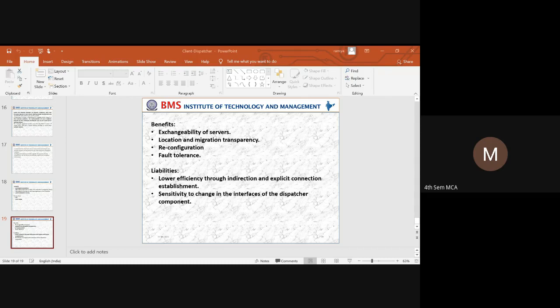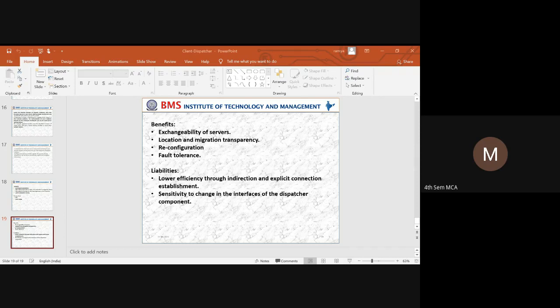So next is reconfiguration. When we say reconfiguration, it will identify the network node, so how the server should provide the service during the runtime also. So it prepares a system software for conversion to a distributed system.